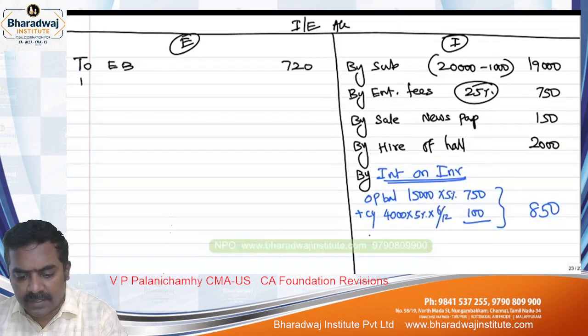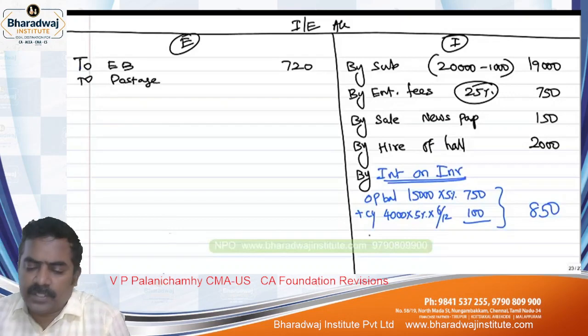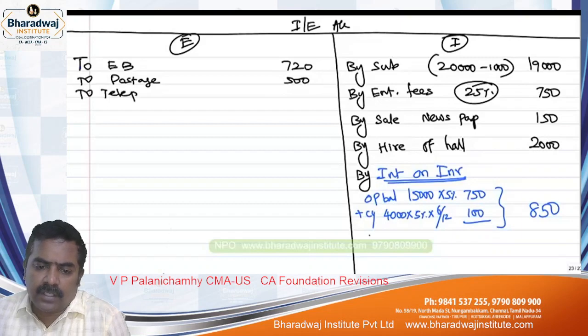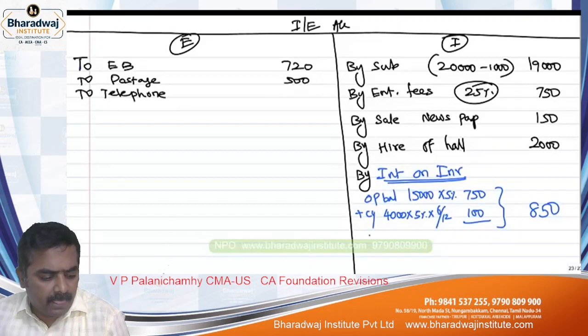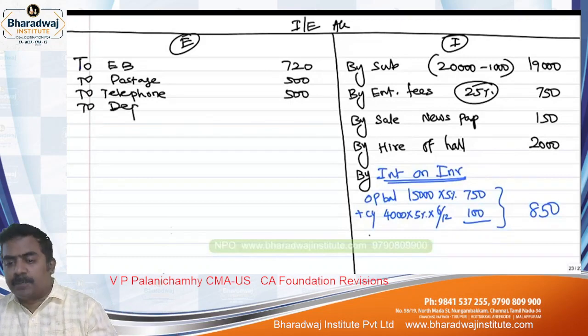Start with expenses. Electricity charges 720, postage how much, 500, postage 500. Then telephone how much is given, 500. Then books purchased as an asset,